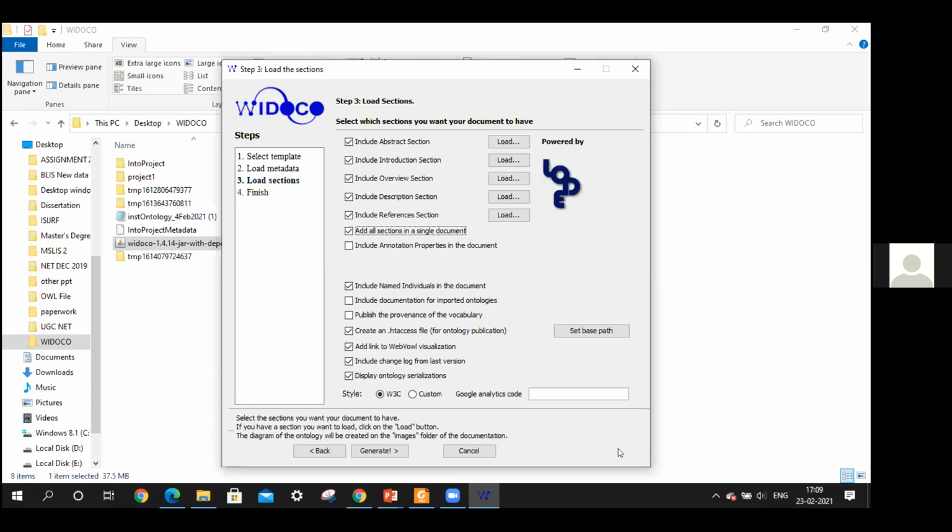So that's why generally we keep it unchecked, unmarked, but right now we are making it marked so that we see all the sections running locally. Okay. So yeah, Devanjali, you can proceed probably. Once you are done with your selection, you just need to click on this generate button to produce your documentation.